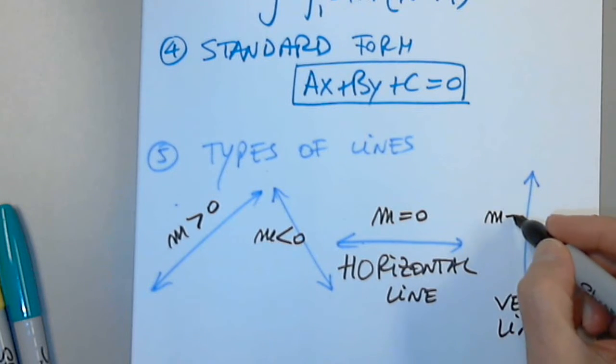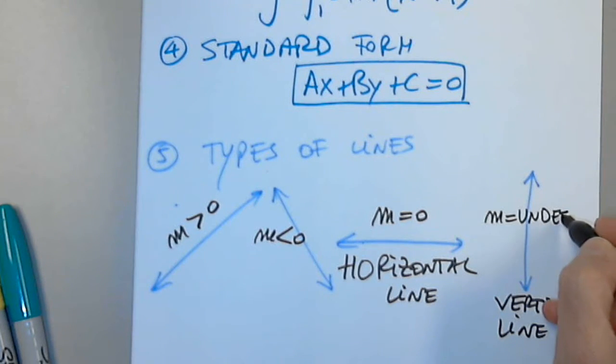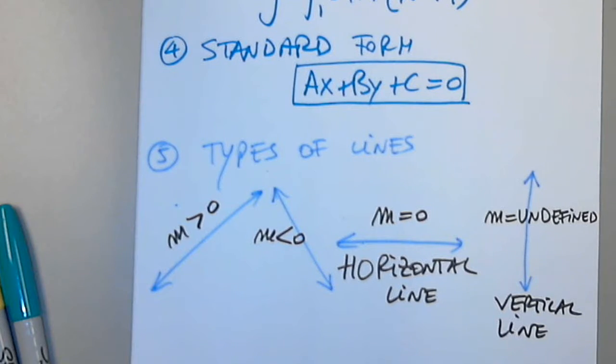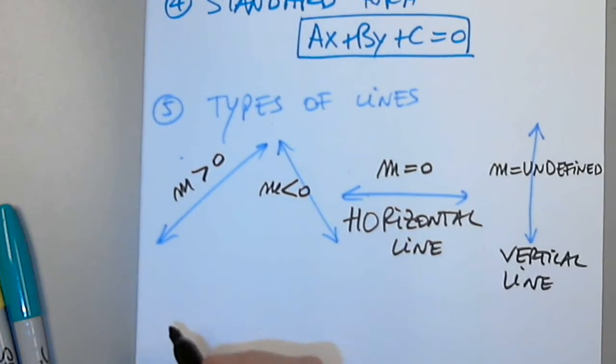And the slope equals undefined, which means it does not exist. There is no slope. And item 6, as a review or refreshing your memory, and then we'll look at problems,